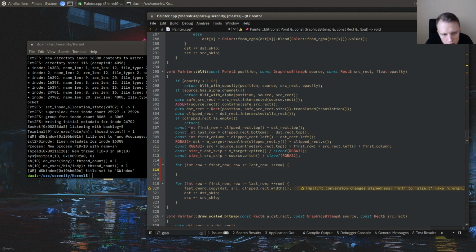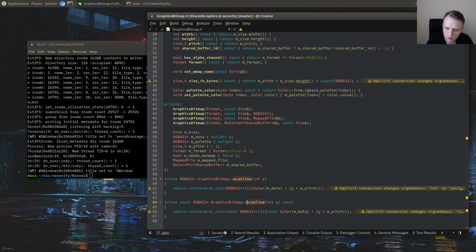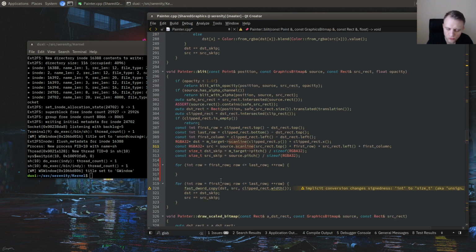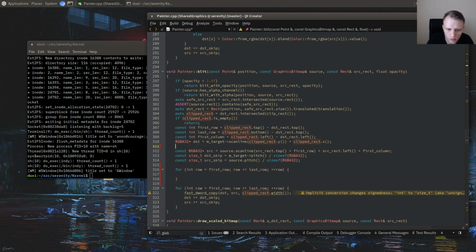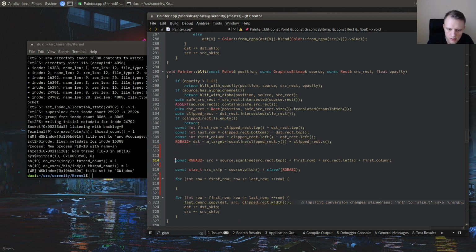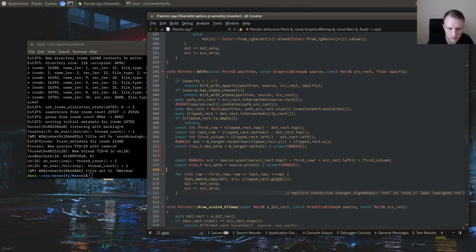Oh wait, hold on. What is set up here? So are we getting the scan line from the source? But this isn't always that, right? So actually, I don't think I want to write a generic version of this. I would rather do something like say that this part here is all the same, but then this is specific to